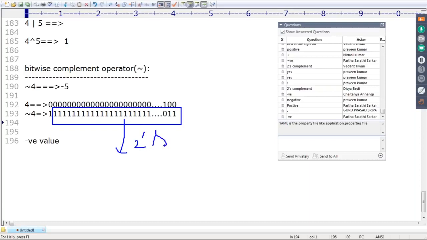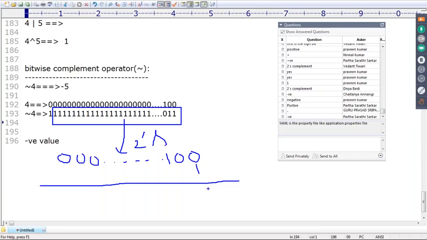How to find 2's complement form? First, we have to find the 1's complement and then add 1. Find the 1's complement: 1 will be replaced with 0, and 0 will be replaced with 1. This is the 1's complement. Add 1 to this: 0 plus 1 is 1.